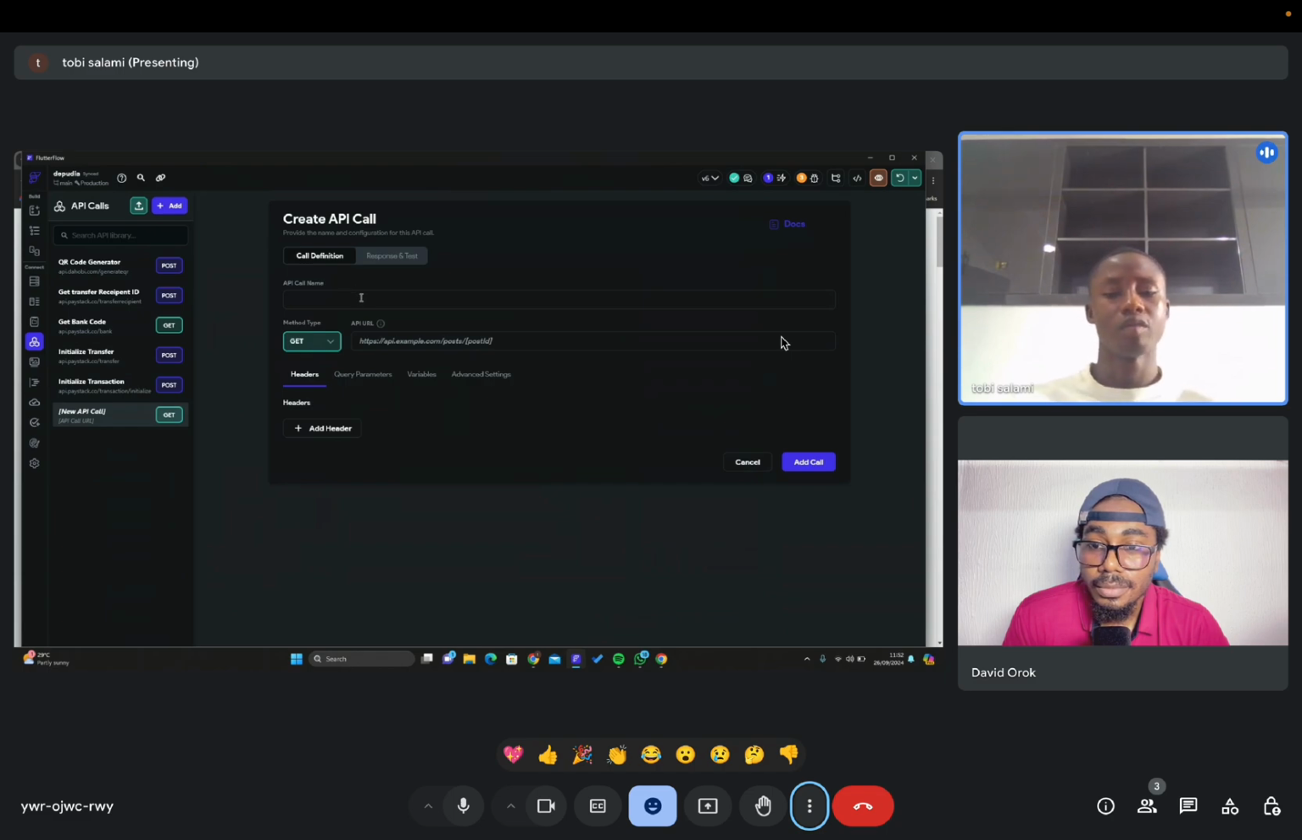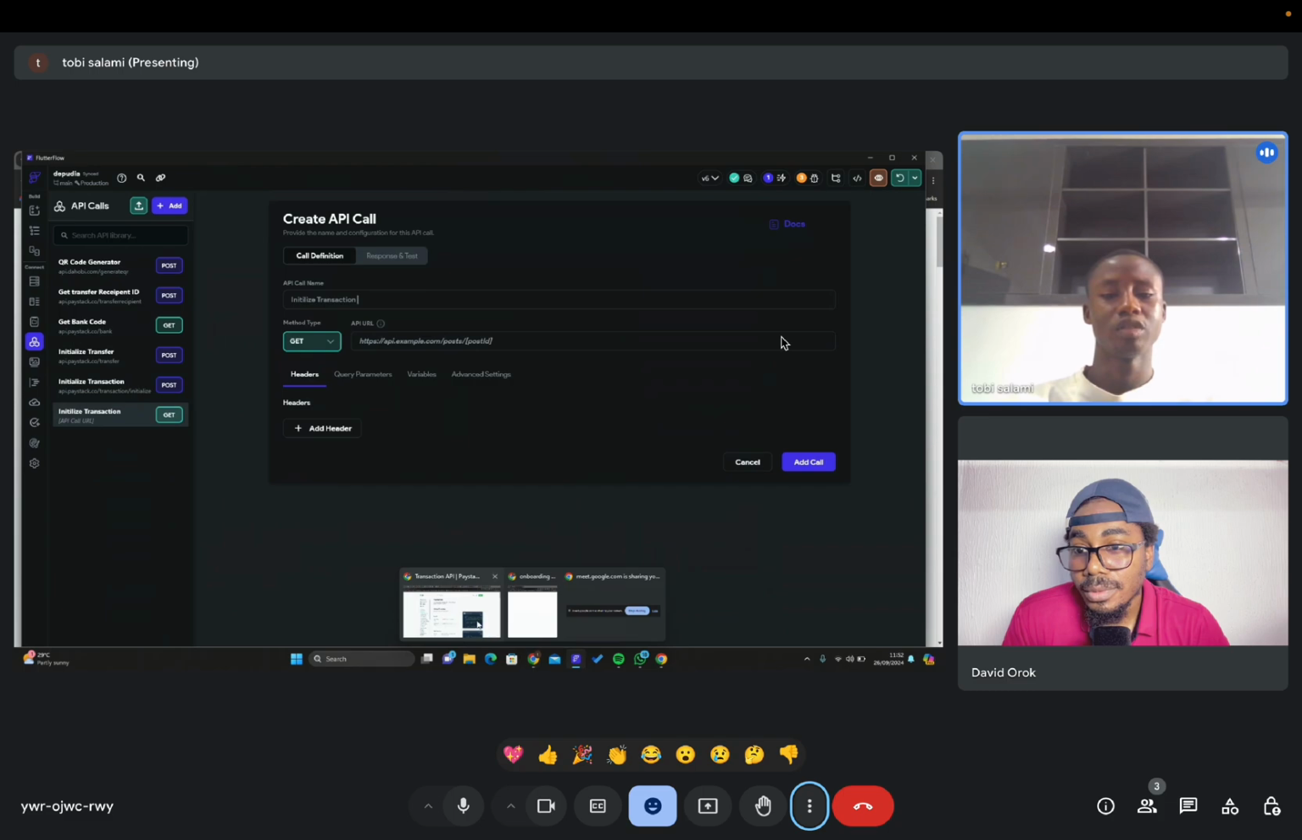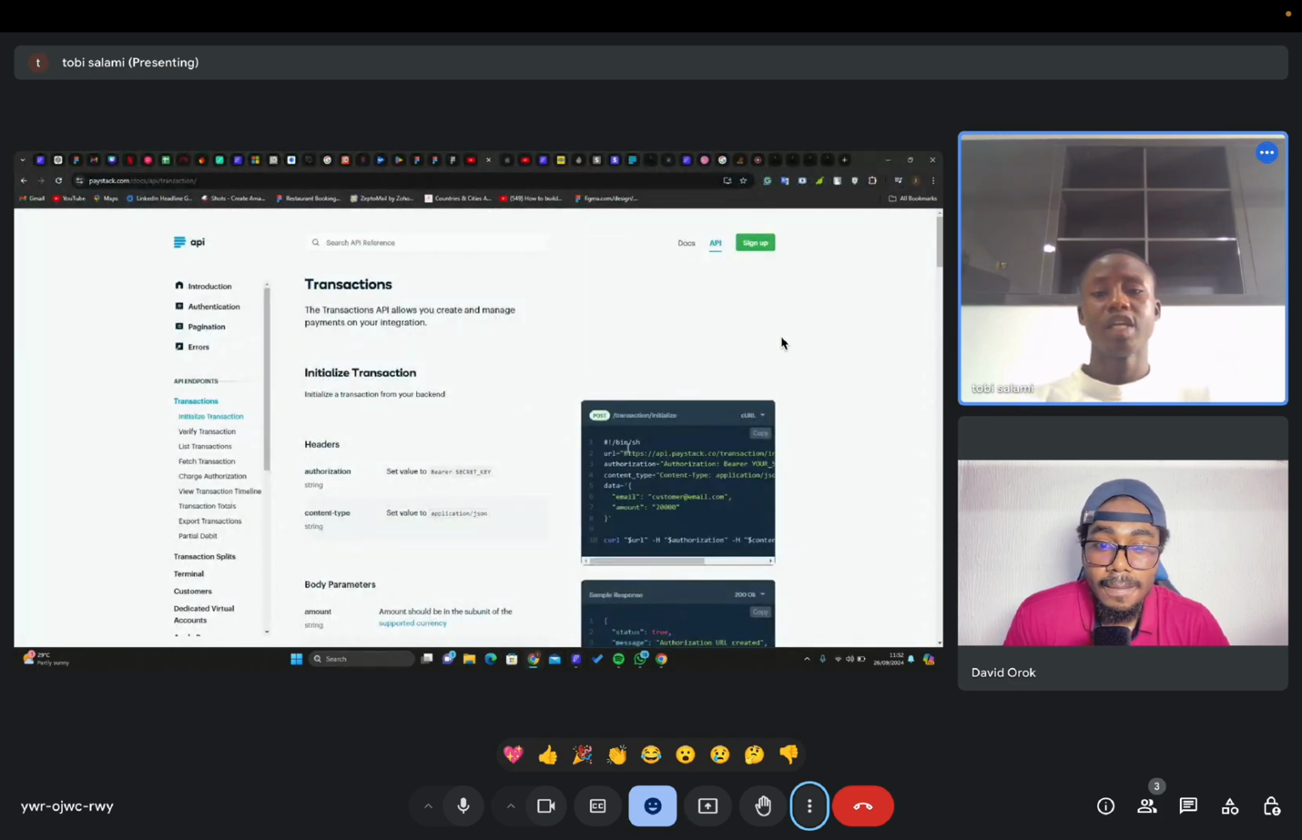I'm going to name this API call initialize transaction. The method I'm going to be using is going to be a post method. So let me go back to the documentation. As you can see here, you will see a place where they call post. This is called a method